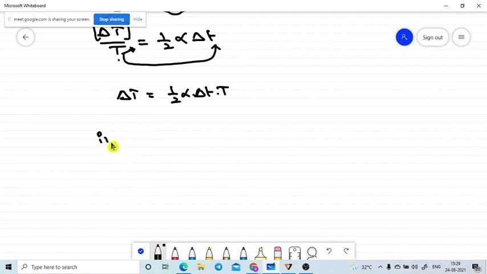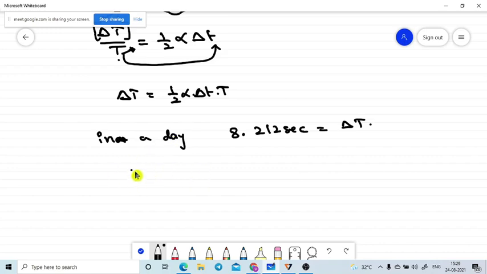So in a day, the clock loses how much time? It loses 8.212 seconds. Losing means it is an error, it is not showing the correct value. So this much error is nothing but delta T only. Delta T is given, and they are also showing that there is some change in temperature.